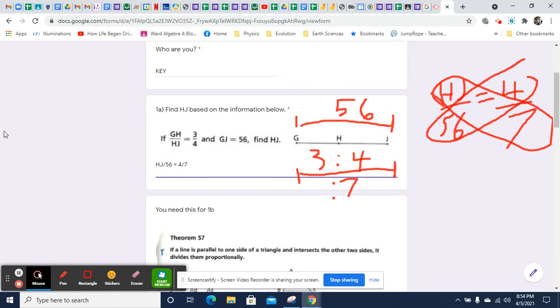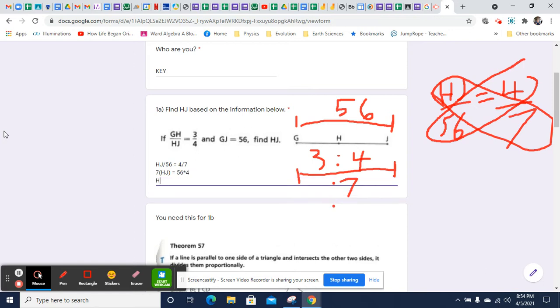And now we've got the products of the means, the products of the extremes. So I'm going to say 7 times whatever HJ is going to equal 56 times 4. And you may be tempted to multiply 56 times 4, but don't do that yet, because HJ